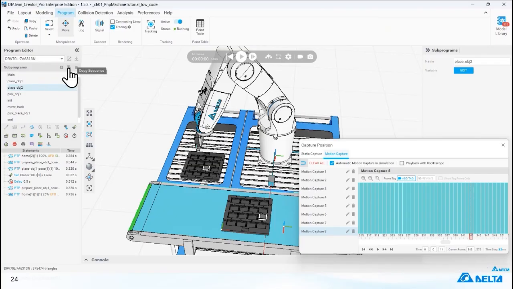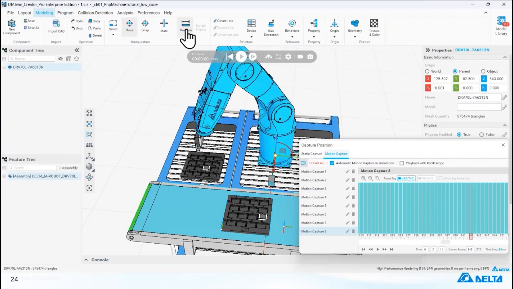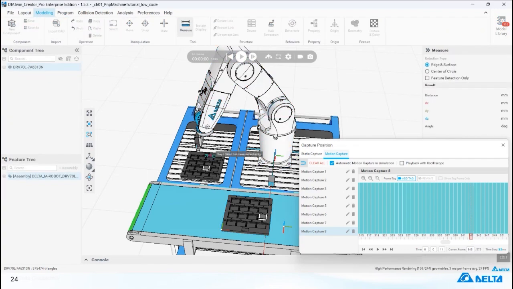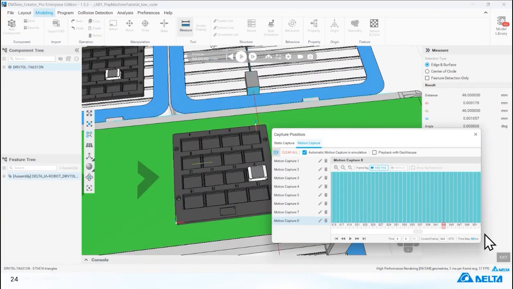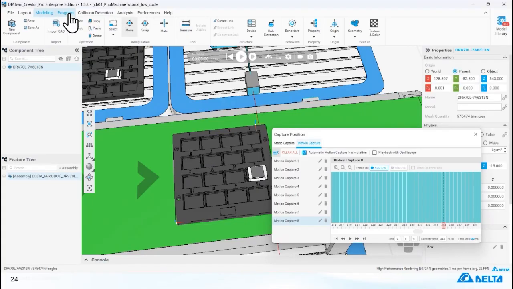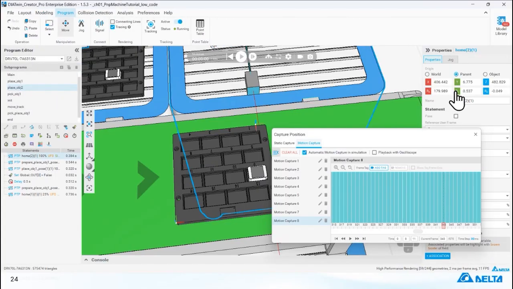We can copy the sequence and directly touch up or overwrite the position. And finally, we can use this measure tool to know the distance from point A to point B, so we can directly modify the position of the statement. Okay,